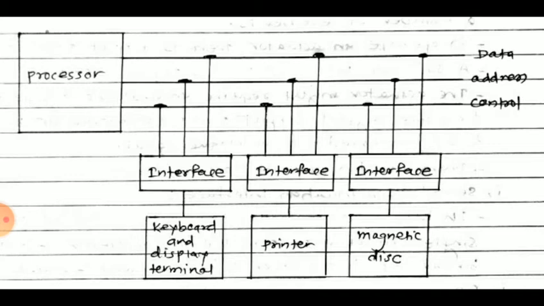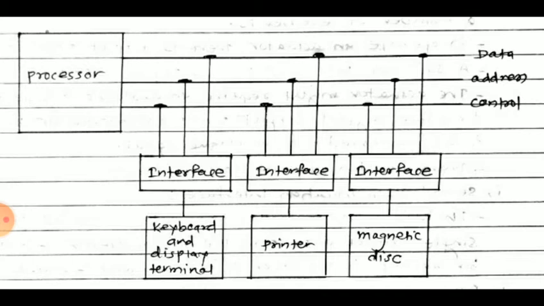Input and output devices are connected to the microprocessor system through ports. You can see the different number of ports of the processor where all the elements are connected. The term interface is used for the item that is used to make connections between devices and the port. You can see the different devices and the port. In between the port and the devices, that may be input or output devices, there are the interfacing elements.